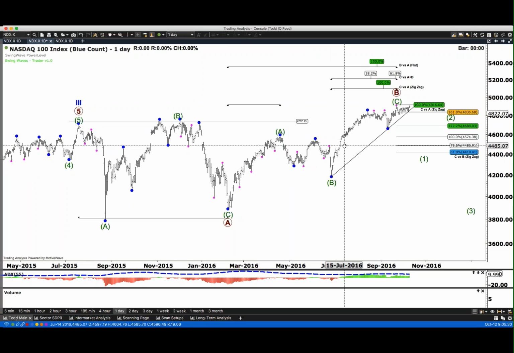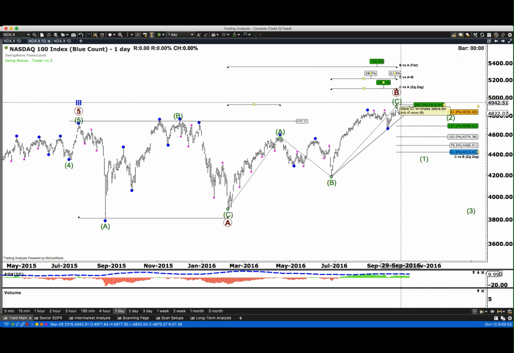Generally what happens is when you break through the 0.786 retracement and go through the 100%, this is the definitive line between retracement and extension. You'll usually extend up to the 1.272, which is here, and this one even got up as far as the 161%. So this is the 161% extension of B, the 100% projection of C.